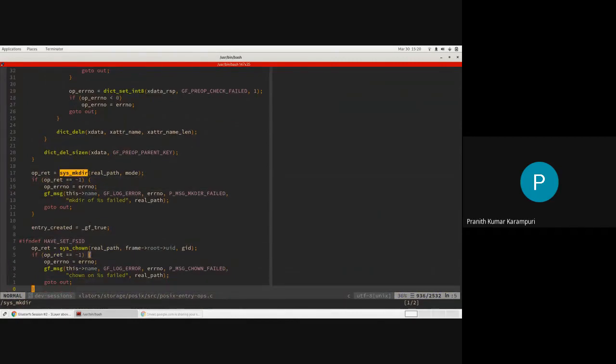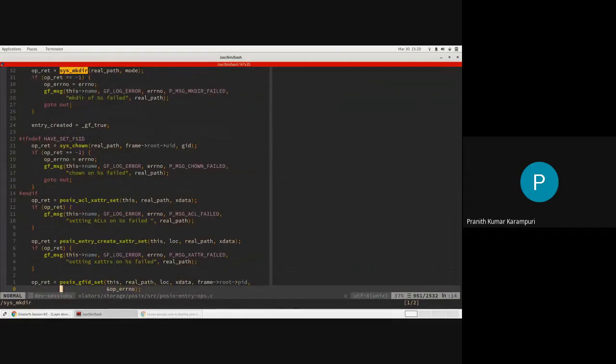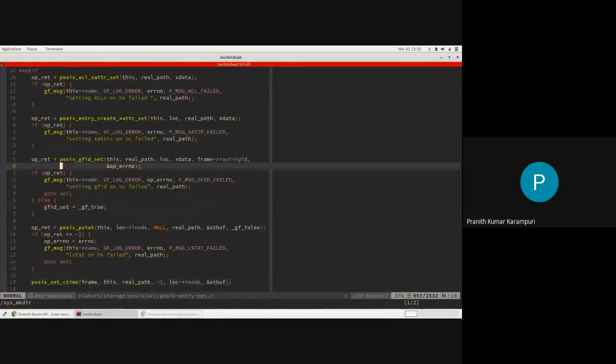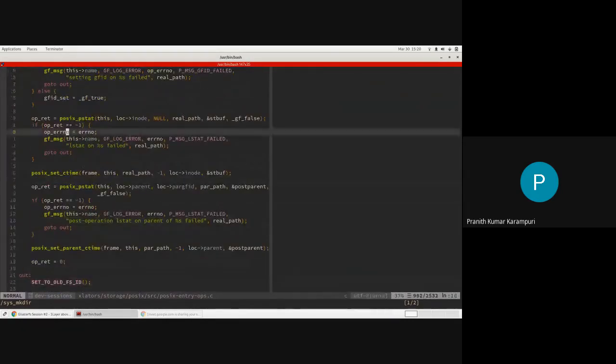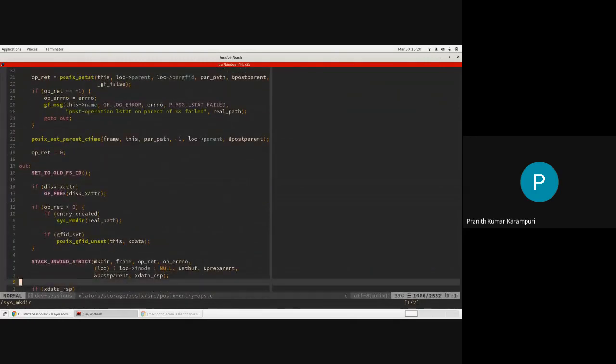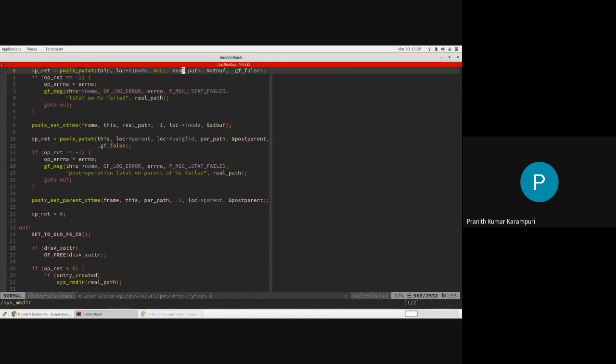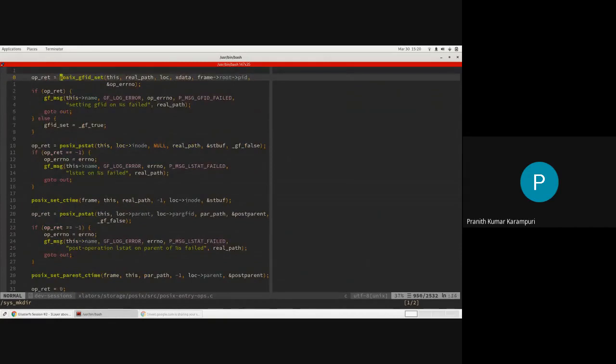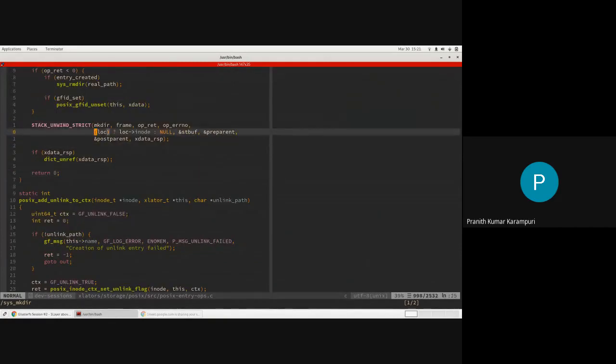It will do some extra things like setting up the UID GID correctly. It also sets up the GFID as an extended attribute. Why it is doing all these stats is something that we can see later, but for now, don't need to worry about it. This stat of the actual file or directory that gets created is how it is going to create the inode. So to create the inode, you basically have this GFID and this stat. These are the two things you always need for a GFID.